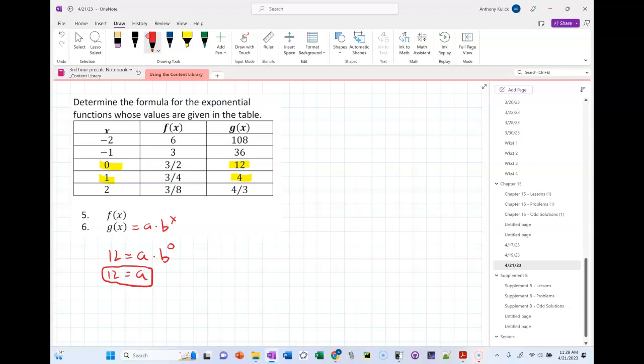And if I use the next point, I can say 4 is equal to a, but I know that's really 12, times b to the first is equal to 4. And then if I divide both sides by 12, I get that b is 1/3. So putting them together,